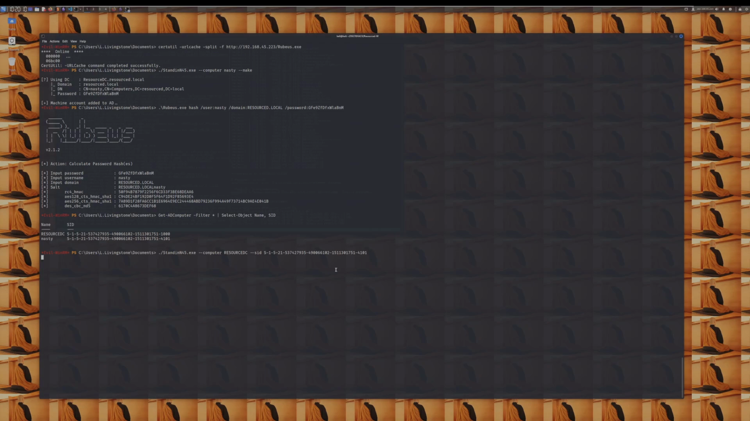means essentially the nasty computer we've created can now act on behalf of the domain controller, which means it can create tickets. So if I just take this, put that in there, right. This is tricky. I found it tricky to pull all this off, so I've probably tried recording this clip about 6 times now. Anyway,